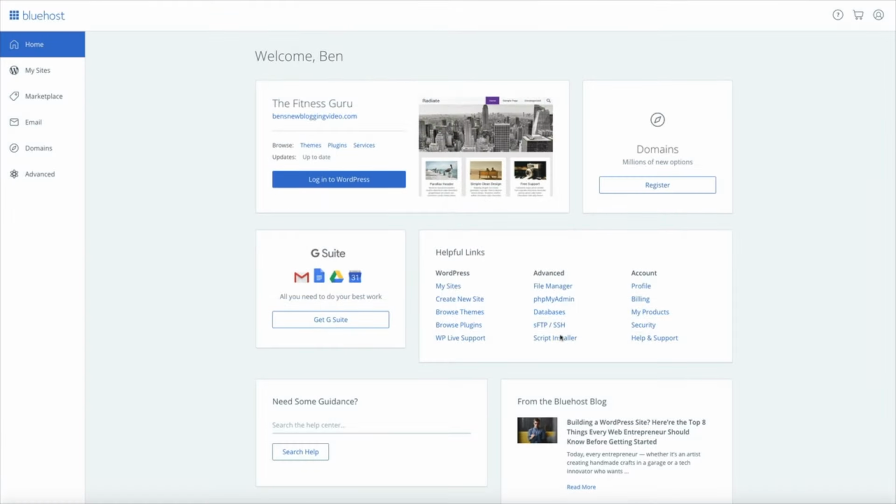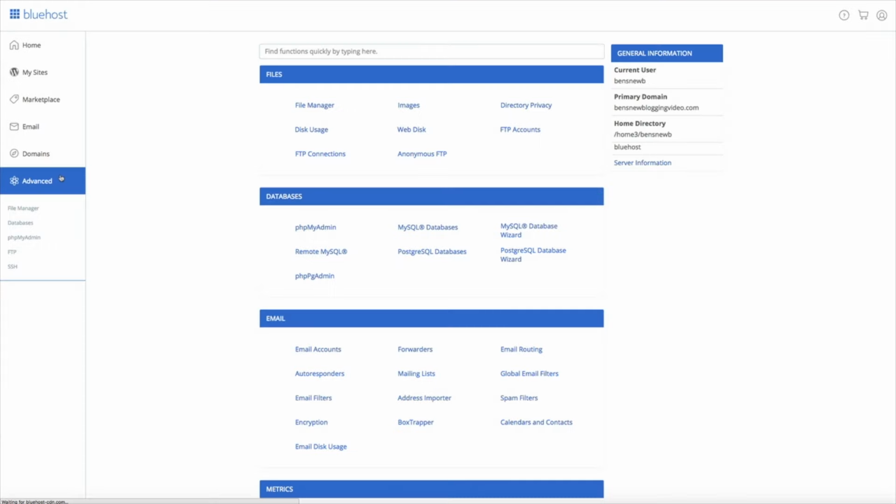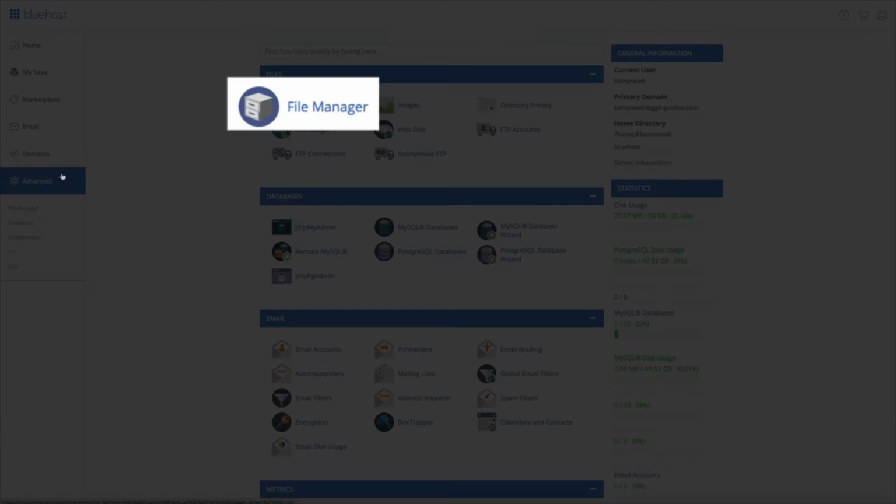All right, so if you want to invest in CodeGuard, go ahead and pause the video and put that in place, but if you follow my steps exactly, you're going to be just fine. So let's get started. On the left-hand side of the screen, you're going to want to click Advanced, and this will bring you to the advanced section of the backend. Now don't worry, all we're going to focus on is one single file. So to do what we need to do, click on File Manager,